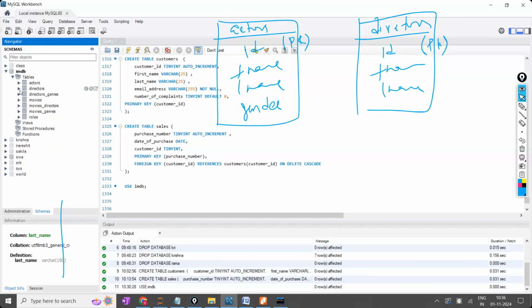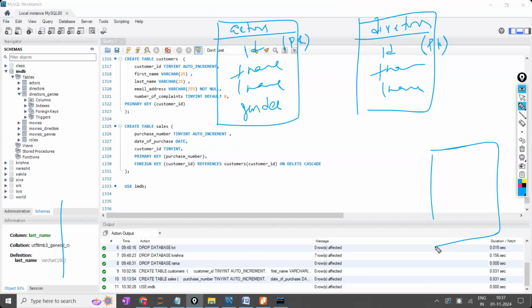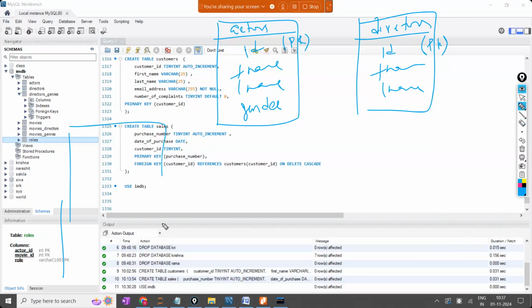Okay. So next, table number 3. Director Genres. Sir, why are you not writing on the side? Space is not available, miss. There only I will write. I'm not writing at the bottom. Don't think, why are you writing at the bottom? Space is not there. Okay. Director Genres. Or if you want, I'll write here. If you feel that they are connected to each other, before only, miss, I'll write here. Okay. Director Genres.